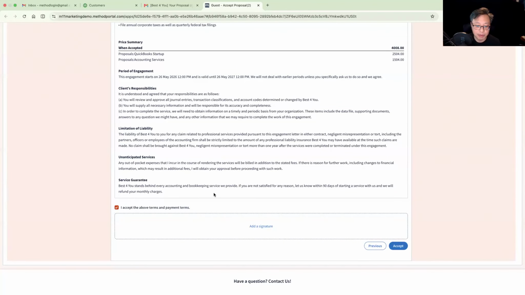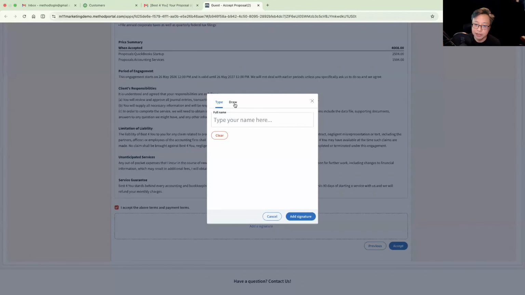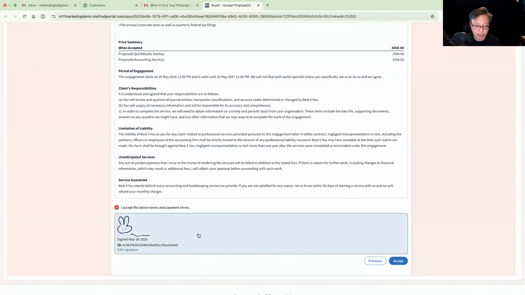I'm going to accept the terms and payment services, and then I can add in my e-signature. This is like my favorite part because this is where I get to draw, and then I can see how well am I going to draw the rabbit today. I don't know, but that's not too bad. I really should take out my pen and do that properly. Anyway, there we go. I finished my little e-rabbit, and then I'm going to hit accept, e-signature, not e-rabbit, and